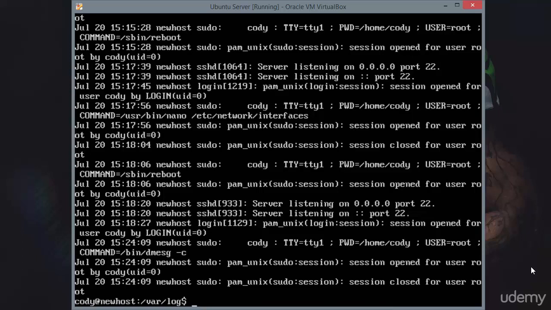Auth.log deals with authentication. Boot.log deals with the boot process. We've already talked about kern.log, which is going to have your dmesg messages. Syslog is going to have kernel or system activities logged. Dpkg.log, you can guess what that's going to do. It's going to be a log for dpkg. Okay, so all those things I think are pretty